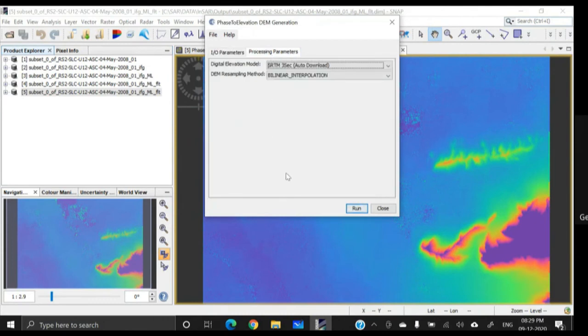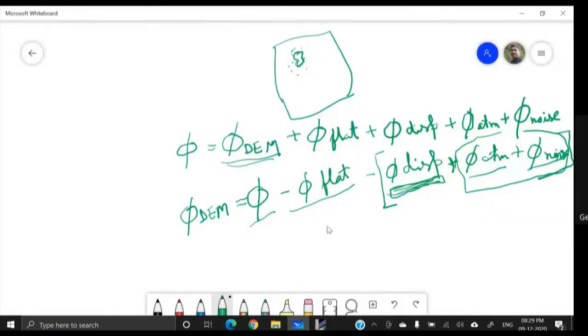Now see, we need a digital elevation model to create a digital elevation model. This is very interesting, you know. See, in this equation, as I told you, we need the information about the flat surface. Okay. Now, where will we get the flat surface or the earth curvature value from?